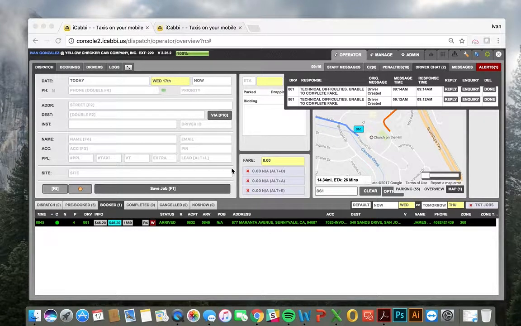Okay, so let's take a look at a dispatch scenario. In this case, we are looking at the driver chat messages here, and we want to look at what to do in the event that you receive a technical difficulties message. Drivers have the ability to send predefined messages, and in this particular case, this is what the driver has opted